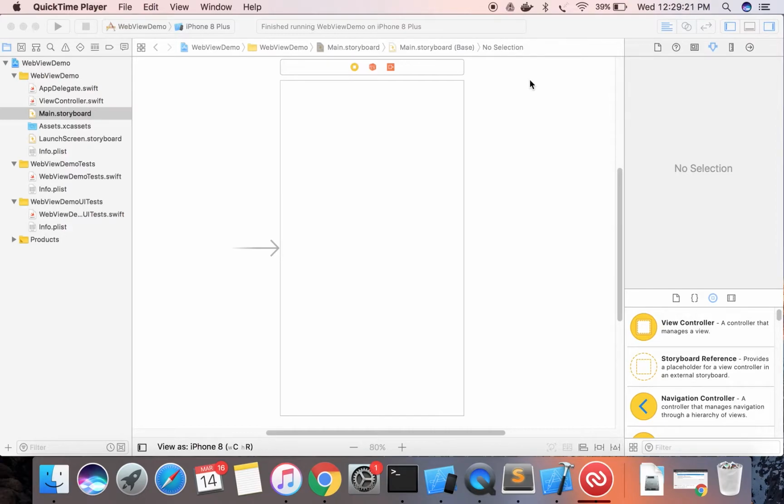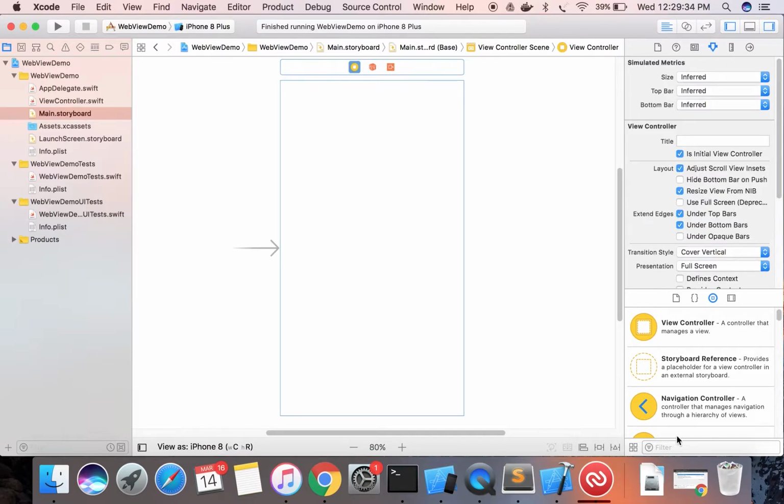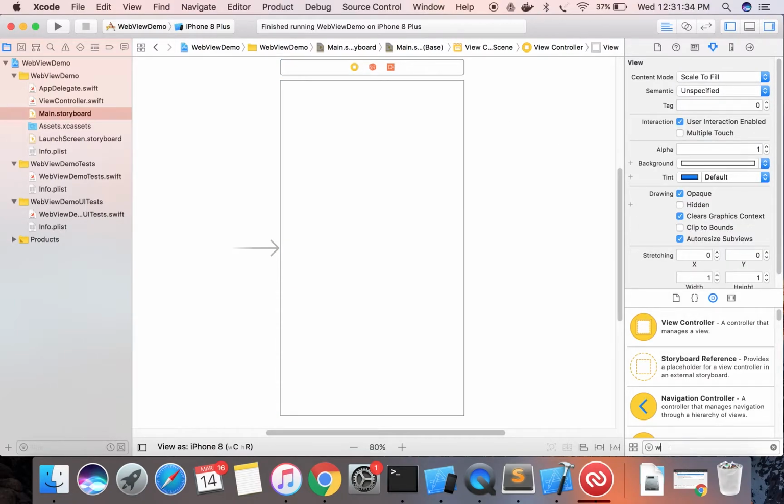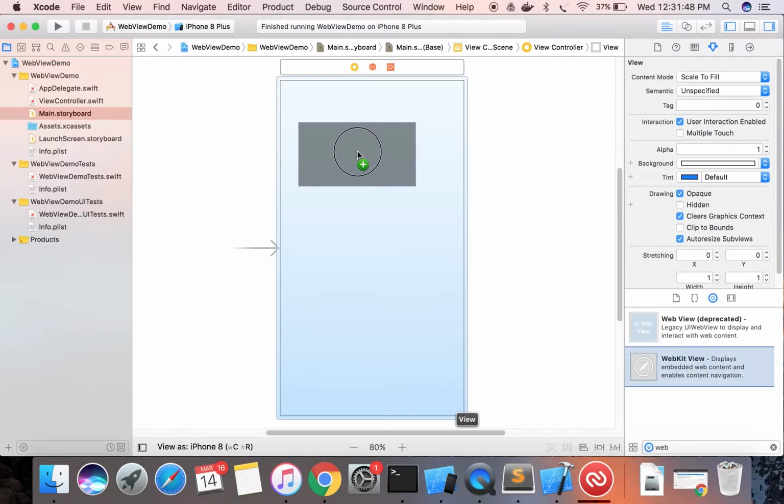If you can see on my screen, I have created one project. Now we're going to see how we can add WebKit to your app. So this is my storyboard, and let's search for the web view. In the object library, you are going to see two UI components. One is the web view, which is the deprecated version. So we're going to make use of WebKit here. Click on WebKit and drag it to the screen,